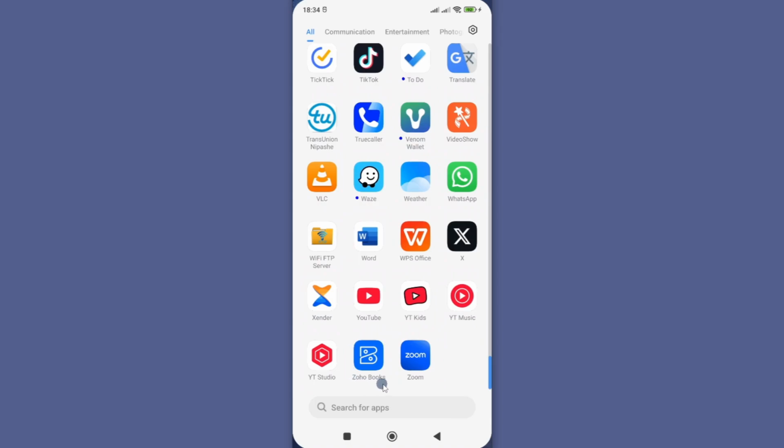In this video, I'm going to show you how you can install the right Zoho Books app on your Android